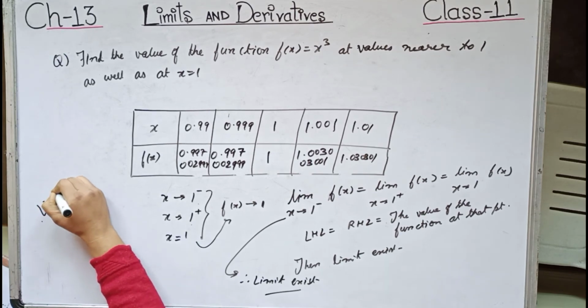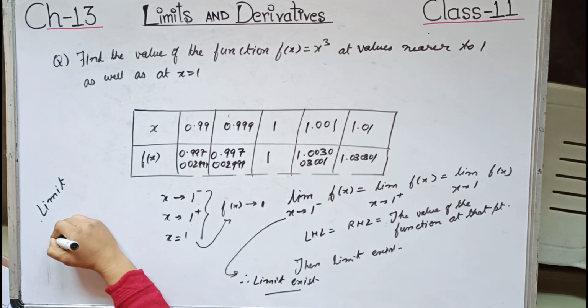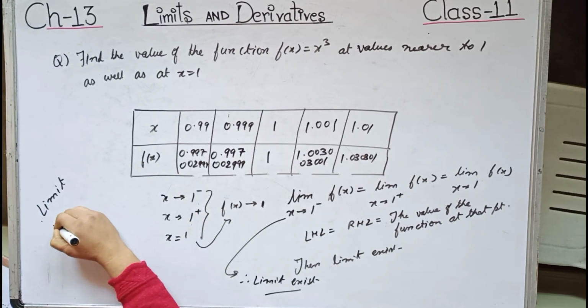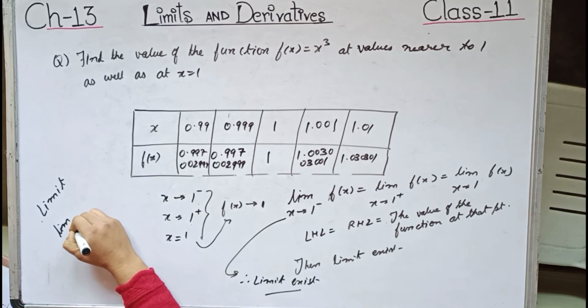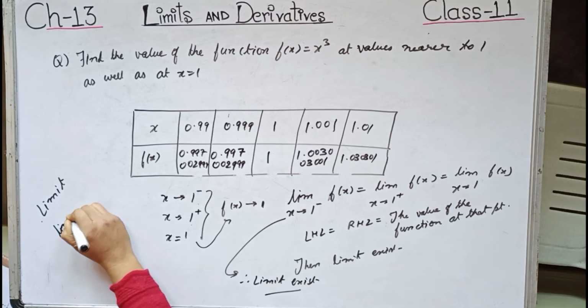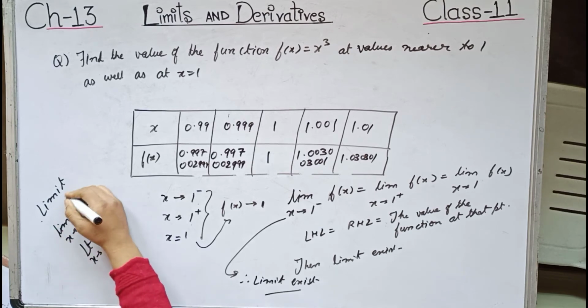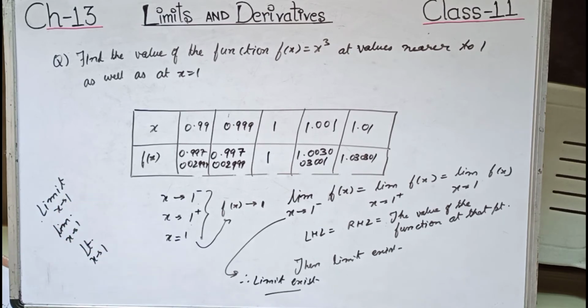Limit is written as LIMIT, or in short form while we will be solving the sum, we can write over here limit x tending to 1 or 0, or whatever is mentioned in the question, or somewhere it is written LT dot as well. So LIM dot, LT dot, or simply limit also you can write as per your convenience. So what is limit?